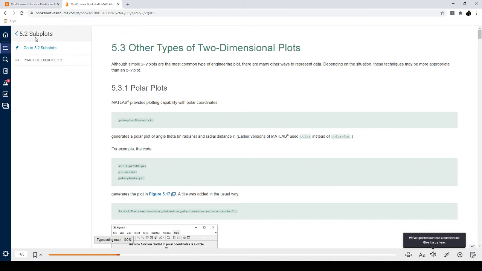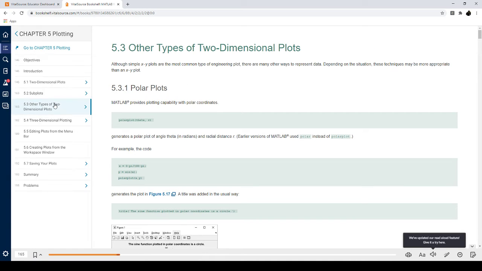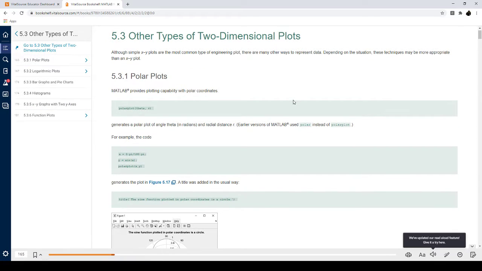All right, and now we move on to the next section. The next section is all different types of other two-dimensional plots. The first one that we're going to talk about is a polar plot. Essentially, a polar plot uses polar coordinates. They're not used in engineering in Calc 3 as plotting; you use them as a tool to solve questions. So it's probably not something you're going to see a whole lot of, but just in case,